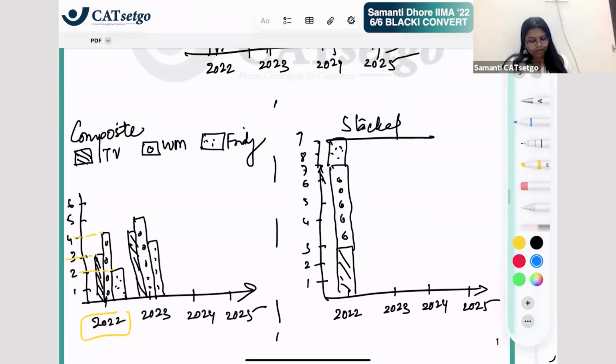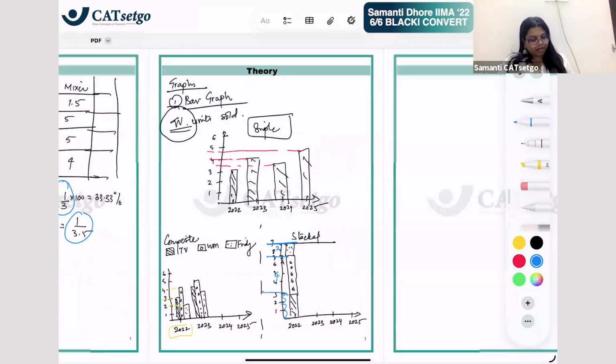So you will determine from here that okay, total units was how much? You will find 9, out of which 3 units are according to the index given to you TV, and then from here to here 7 to 3. So 7 minus 3 is 4 units. So 4 units is this. 9 to 7 is 2 units. So this is how we will determine. Do you understand the difference between composite and stacked bar graph? Right? So the same information is given to you in the form of a bar chart. So this is how a bar graph is.